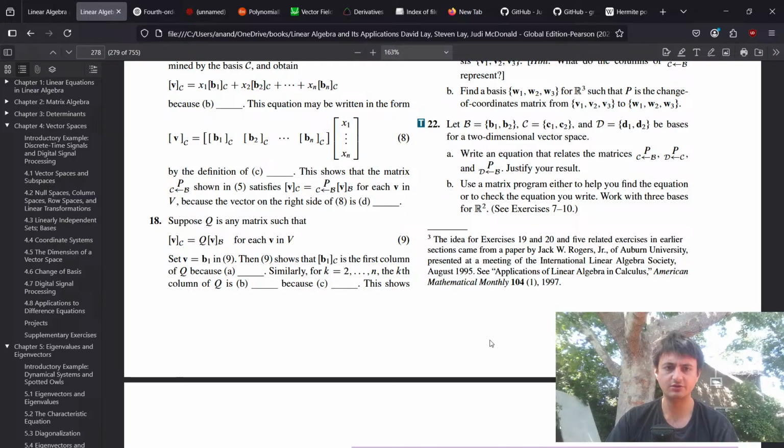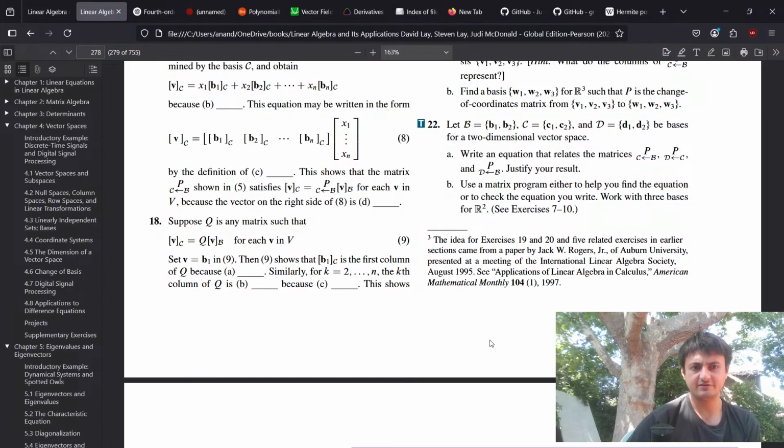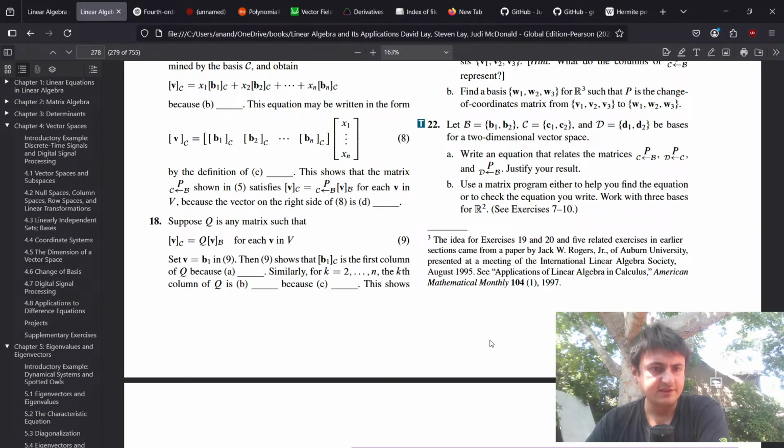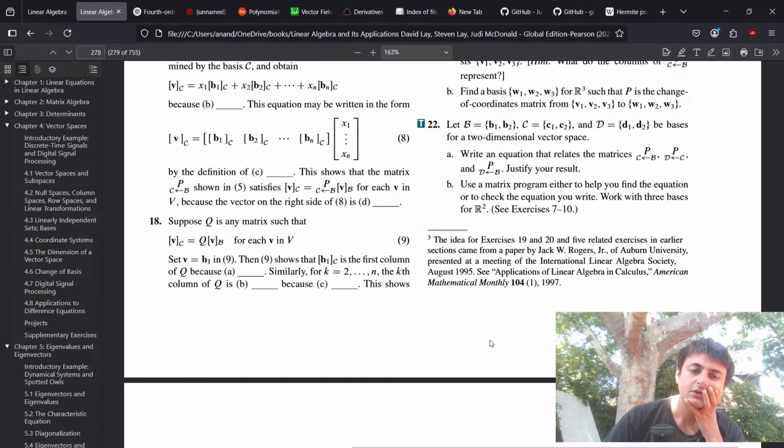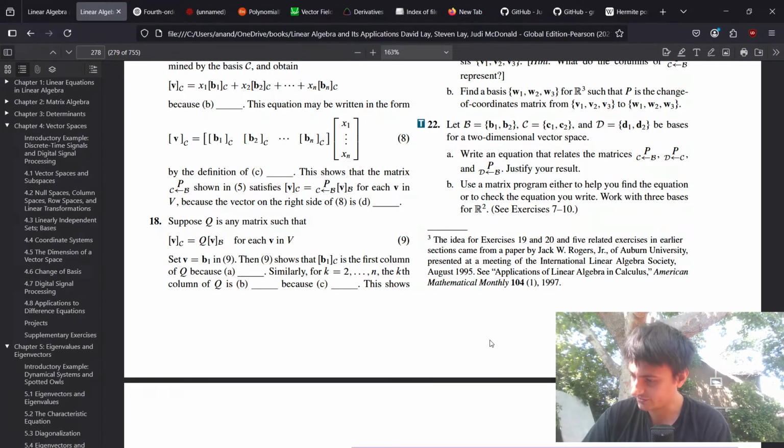Okay, so suppose Q is any matrix such that the C coordinate vector of v is equal to Q times the B coordinate vector of v. So for 18, we have v_C equal to Q times v_B for all v. Let little v equal to B1. So wait, so Q must be